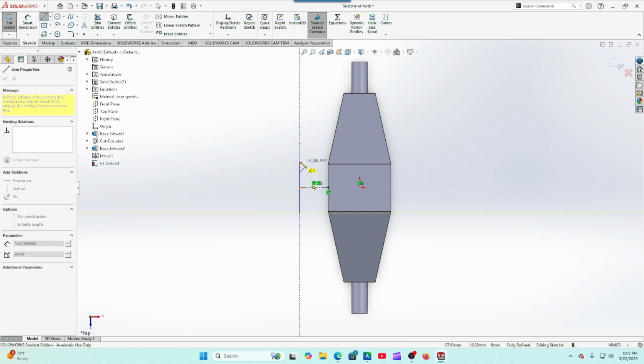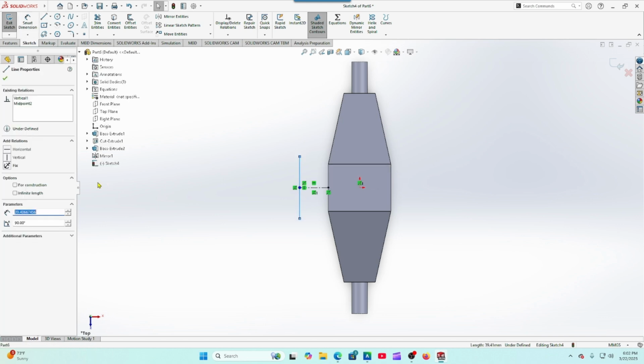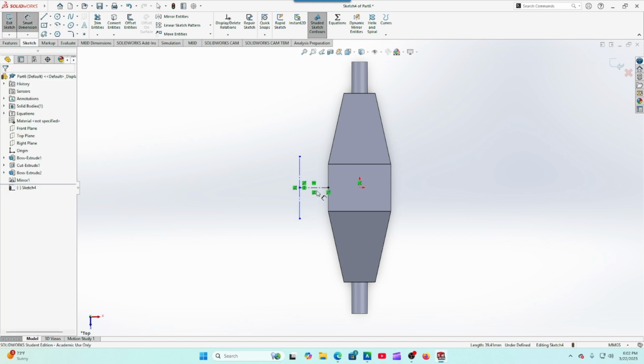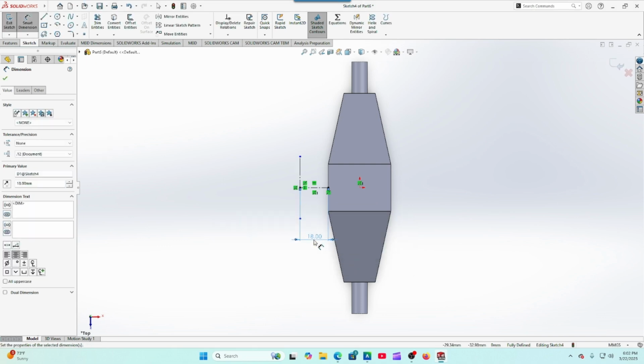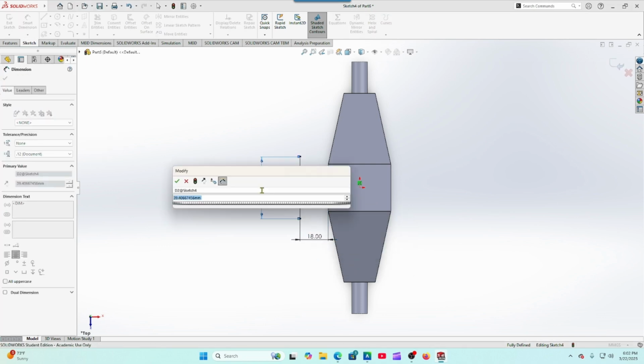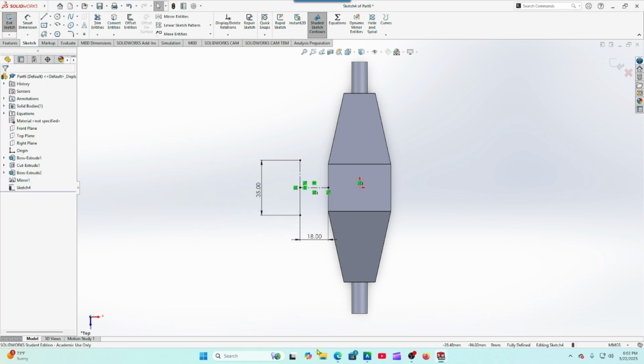And we're going to come up to about here, like so. And oops, let's get out of there. I thought I made that for construction. Let's go ahead and dimension everything. So that's going to be equal to 18. And then this is going to be equal to 35. If I remember correctly,